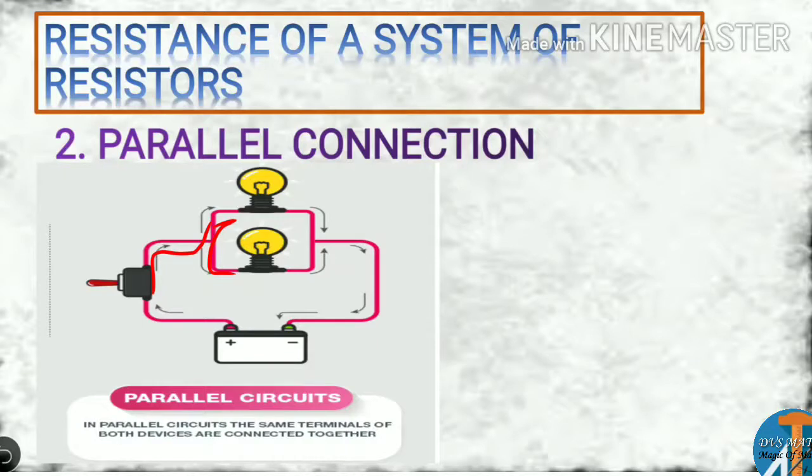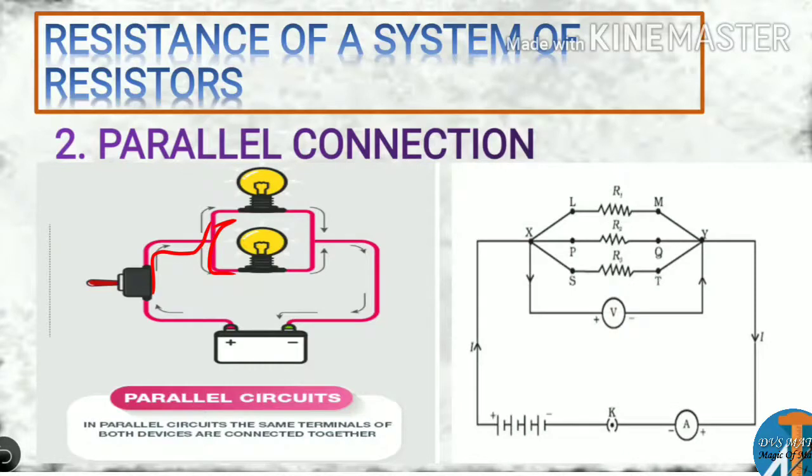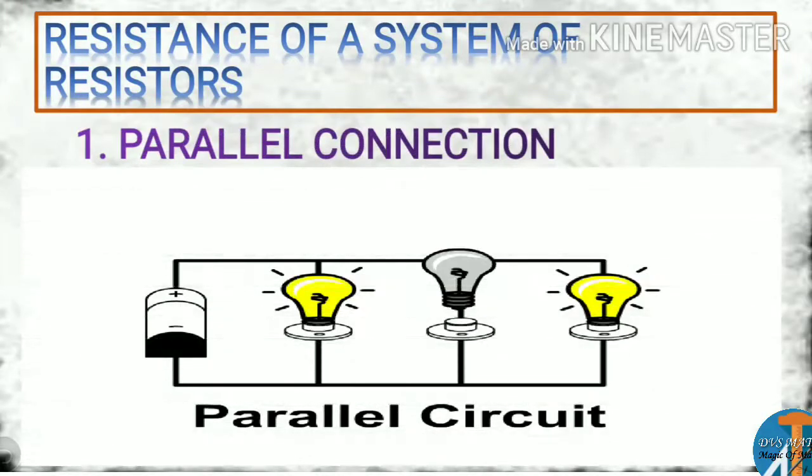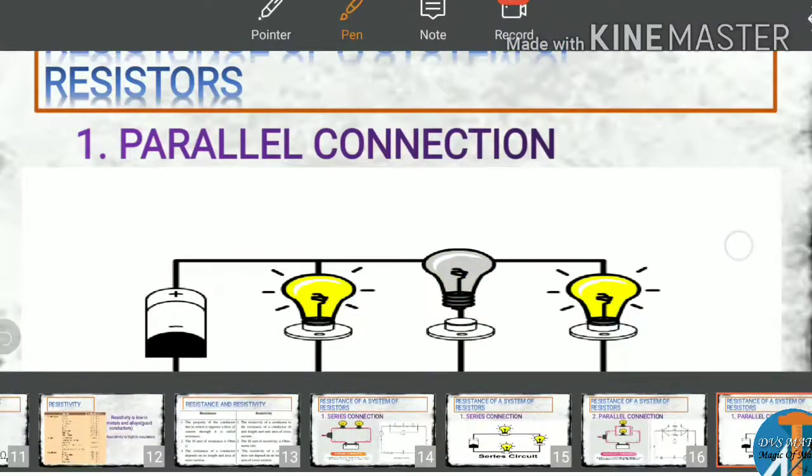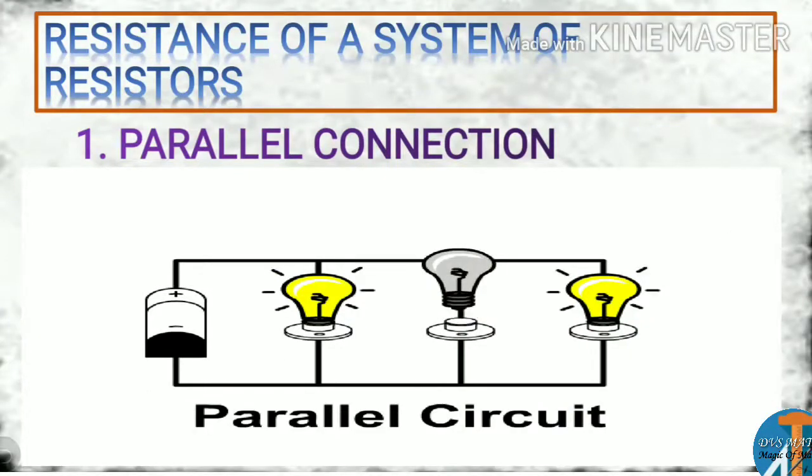Clear? So if you come to the circuit diagram, it is like this. See here, battery, key, ammeter, and you can observe the resistors one below the other, and current flows together to all three resistances. The voltmeter is connected in parallel. If one of the bulbs fails to work, it doesn't affect the other. This is the main advantage of parallel connection. If one component fails to work, it doesn't affect the other resistors or bulbs. Clear? This is the advantage of parallel connection, but in series not.